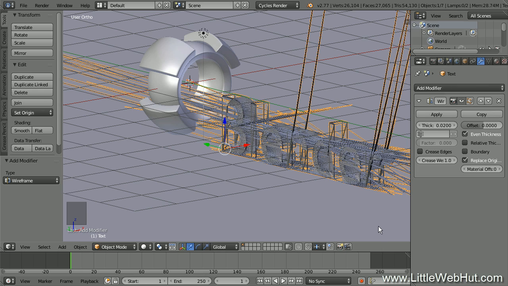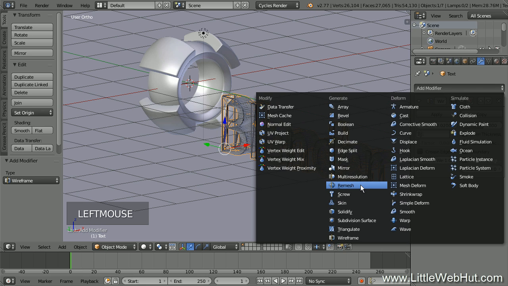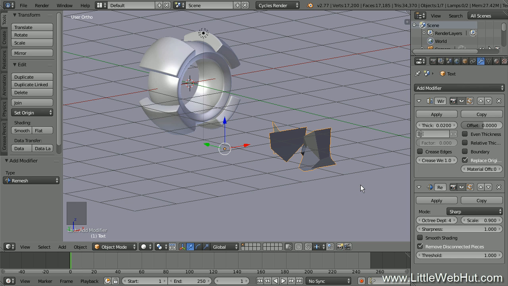To get rid of these spikes, remove the check mark that's next to Even Thickness. You'll notice that the wireframe is made up of long and short pieces. To make the length of the pieces more uniform, add a Remesh modifier. The Remesh modifier needs to be applied before the wireframe modifier, so click the up triangle button to move it